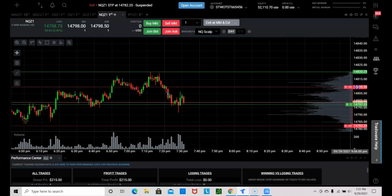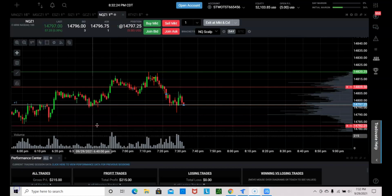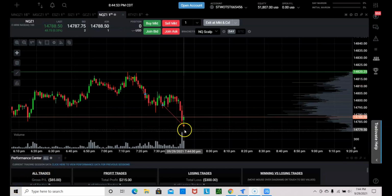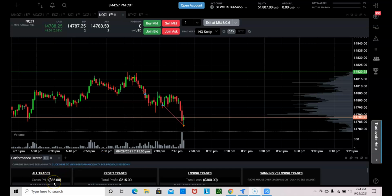810 is the target, so 9.5 should do the trick. Let's see if we get filled here. The order got filled. I'm long at 14,797 and a quarter. I just got stopped out here on this wick, and the P&L for the day is